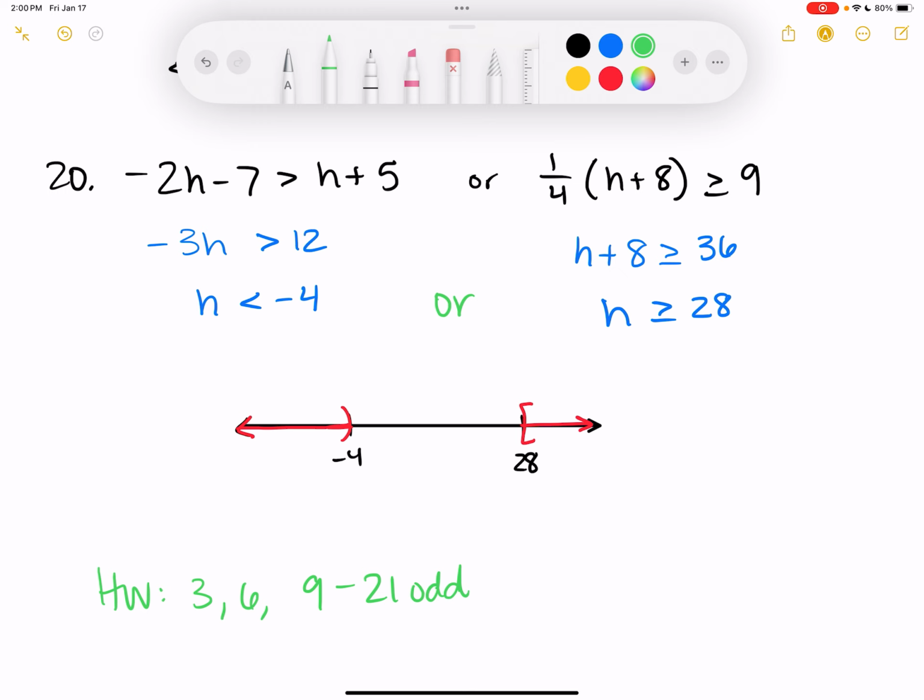All right, problems, which you should have time, I think, to get them knocked out. But if not, they're due on Tuesday because we don't have school Monday. 3, 6, and then 9 through 21 odd. So you're supposed to ask